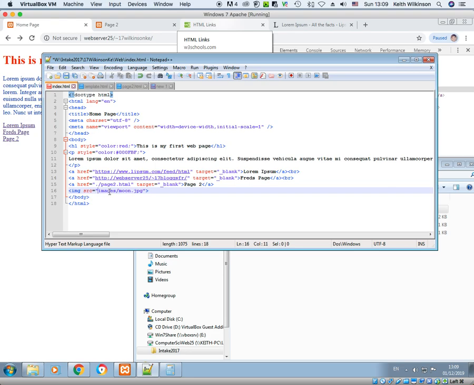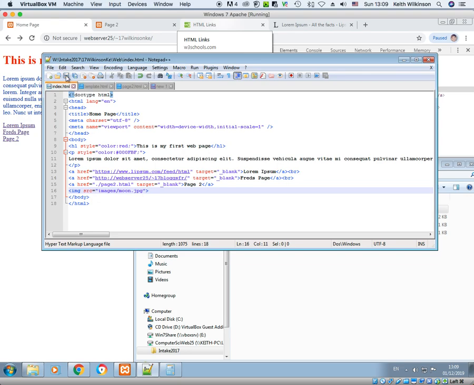I could have done the same with page 2. I could have put a dot and a /, and that just is sort of a definite indication that we need to start off in this folder. So the dot is the current folder, that's the path. So I'm going to stick with this,